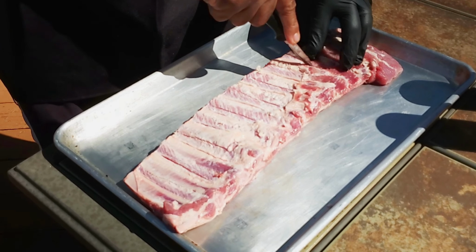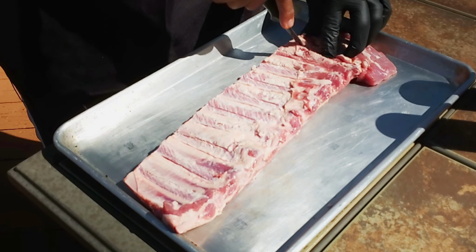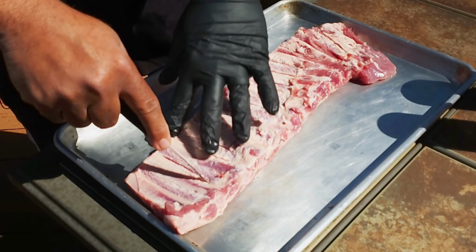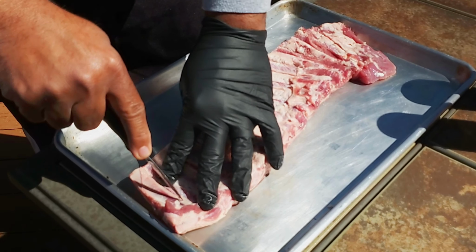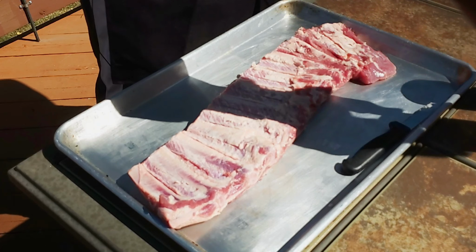Okay. Just like that. One more bone. And we're going to wrap these also so that they will steam a little bit and the bone will release easier from the meat. Okay. All right, so now that we've got that taken care of, we're going to be using some